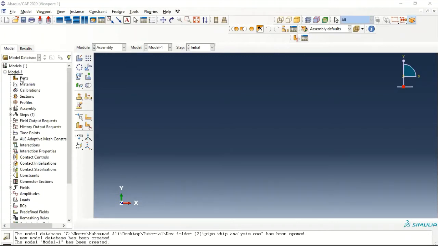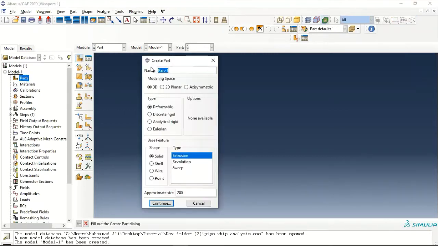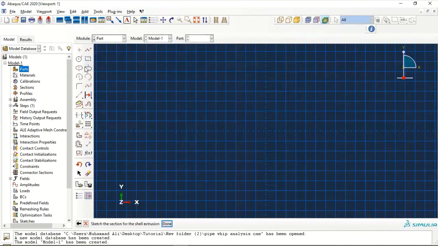And to start the first step, we double click on parts and we give the name as pipe fixed. Over here, we choose the shape as shell and the type as extrusion and the approximate size as 50. Press on continue. Over here, we arbitrarily draw a circle